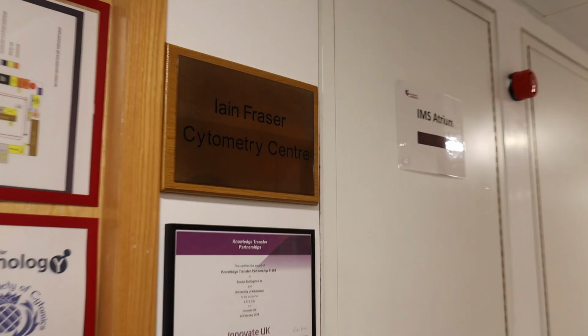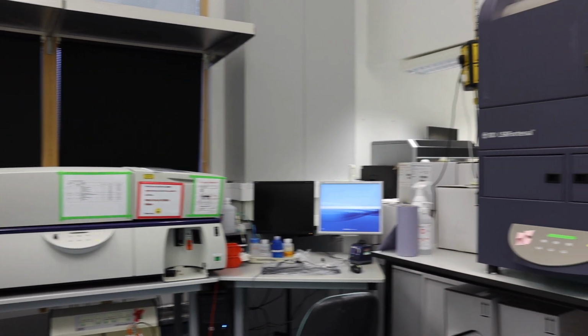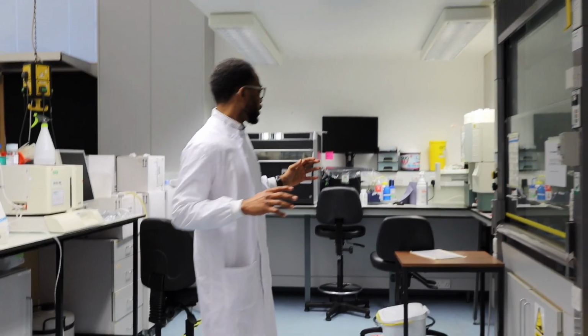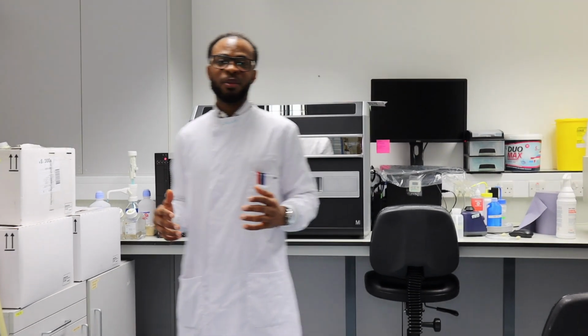We are here at the Ian Fraser Cytometry. Here you have researchers and support staff who are instrument technicians that provide support for researchers, and training to ensure that these equipment are used safely and correctly. At the same time, they also provide support to external bodies who are also keen to carry out research within these facilities. What that simply implies is that we do have access to these facilities as researchers, and